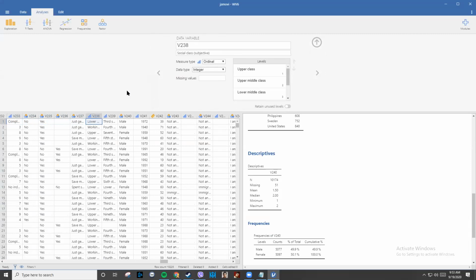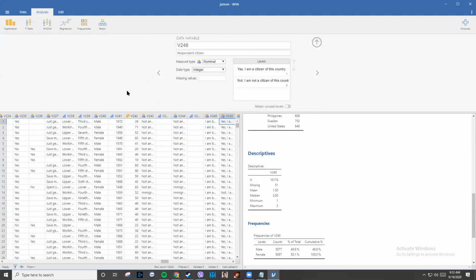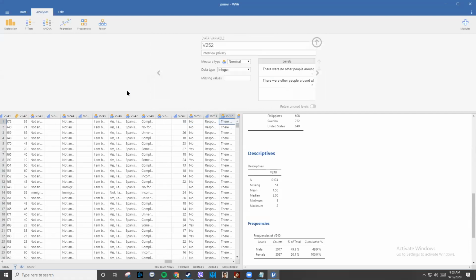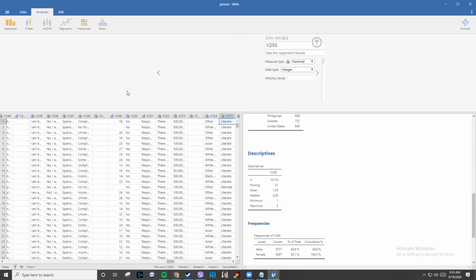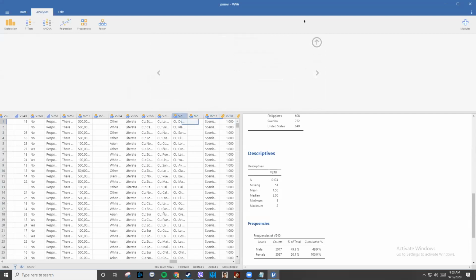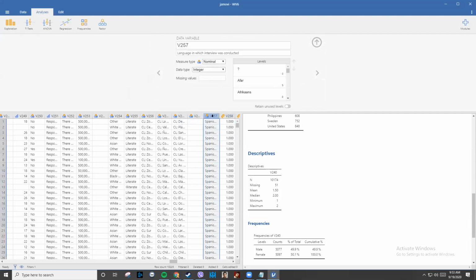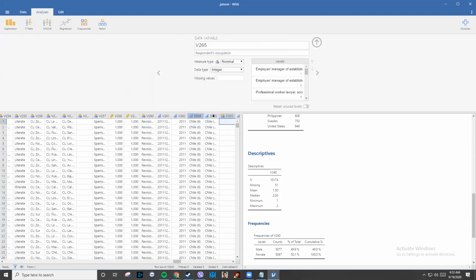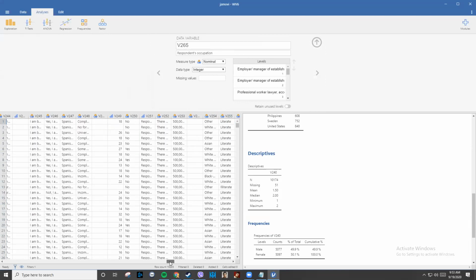Does anyone know a better way to look for the civil status? V57 yung civil status. I'm sorry, can you type that out? V57. Oh. How did you guys find this?